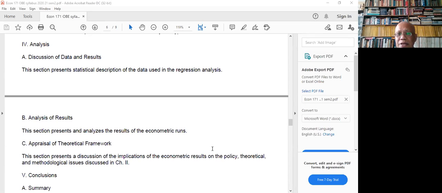When there is no source na nakalagay dyan, ibig sabihin, kayo yung gumawa ng table na yun. Gawa ninyo. Ganun naman talaga. Because these tables and graphs and charts, they came from your research. Okay? So there's no need to place your source,